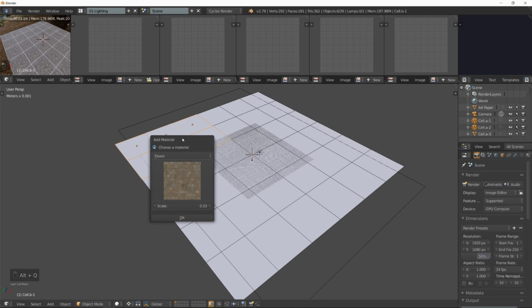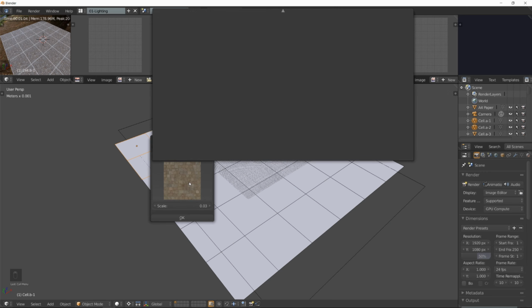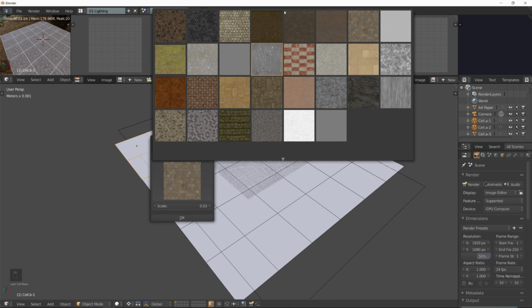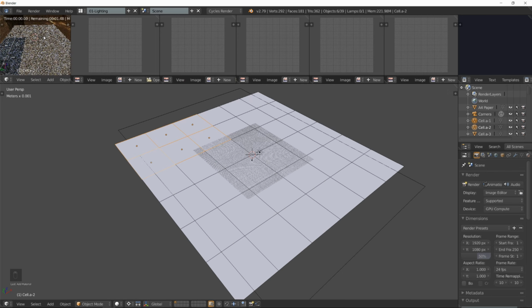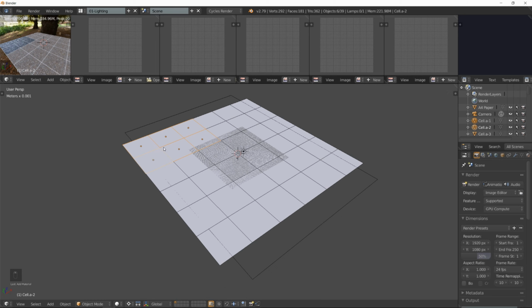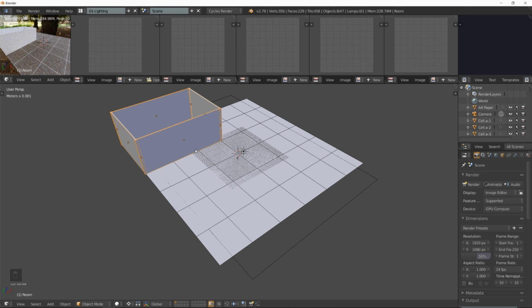So I'm going to change the material for those cells, make the material contrasted, and now I have a room with those cells still selected, and that's one of the biggest changes to the add-on. I can now add walls. So I can enter the thickness of those walls, their height, and click OK, and it's going to add 3D